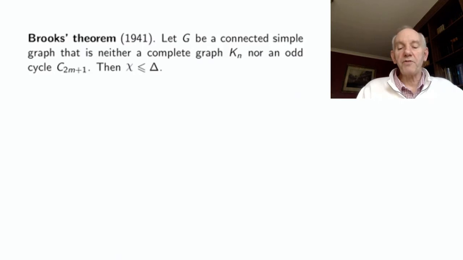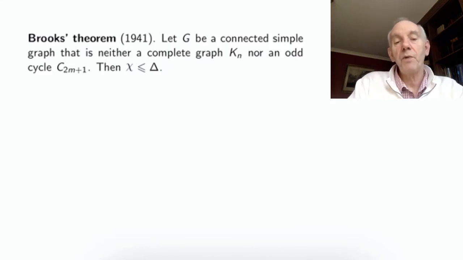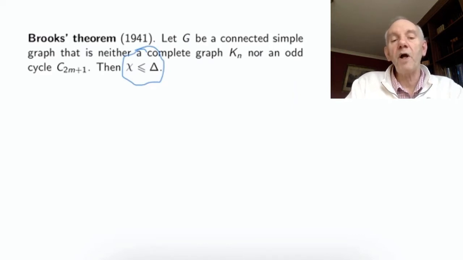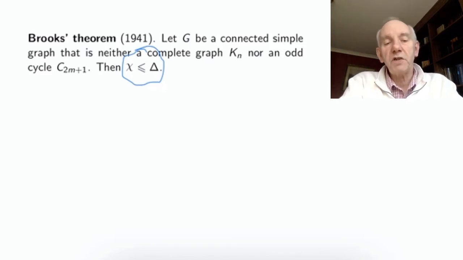So remember the question which I asked in the previous talk was, when is it true that the chromatic number of a graph is actually less than or equal to delta? We know that it is always less than or equal to delta plus 1, but when can we assert this sharper inequality? And the answer to that question is given by this very neat theorem, so-called Brooks's theorem,